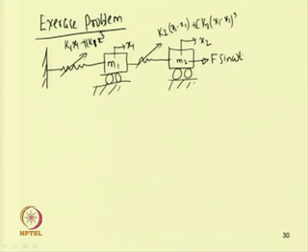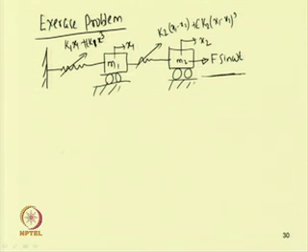So, one can write the equation of motion, this is a very simple equation. So, one can write the equation of motion and use the method, and as the force is applied to the second mass, one can reduce this to a single degree of freedom system by taking only the modal matrix of the second mass, and one can write a single equation to find the equation of motion.